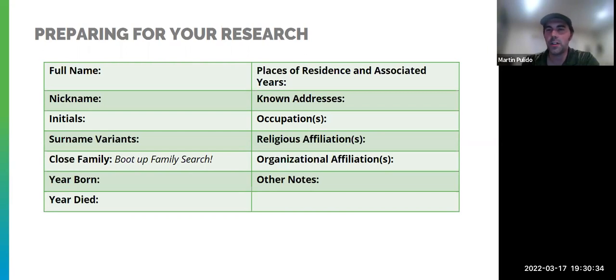Other times they just use the initials of the person, or they crop it in such a way, like Adam may just be ADM, or William may be WM, right? So it's good to know all of these little name variations that you may want to include in your search terms. So I recommend a sheet like this where you write out, of course, the ancestor's full name, you note any of their known nicknames, and then you start thinking through different ways in which they might get some spellings.